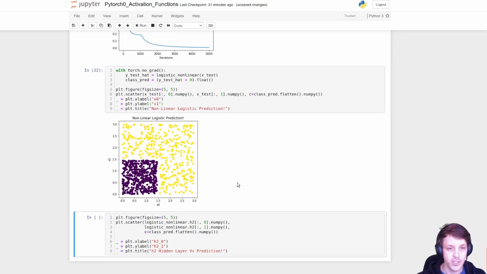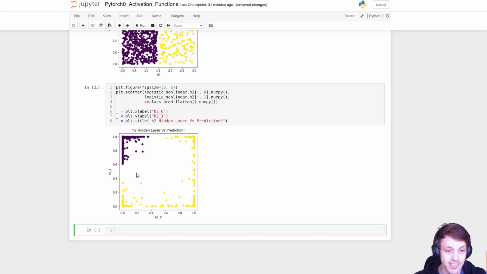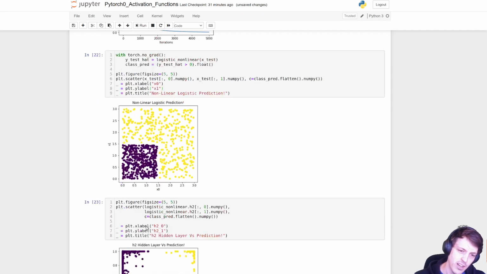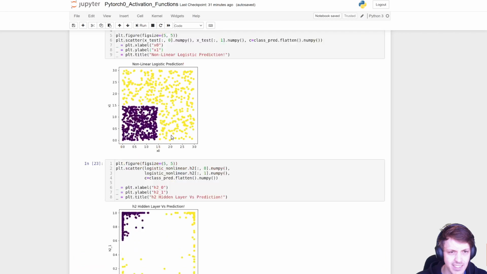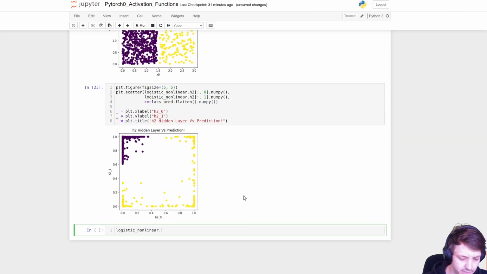So we can look at the predictions from our nonlinear logistic prediction, and we can see that we have, yes, perfect prediction. Another thing we can look at is that hidden layer, the output of the sigmoid. You can see it looks a bit different to what we got. What it's learnt here in this case, it's different every time, is it reflected the values of the input first. If we look at the actual parameters of the first layer,